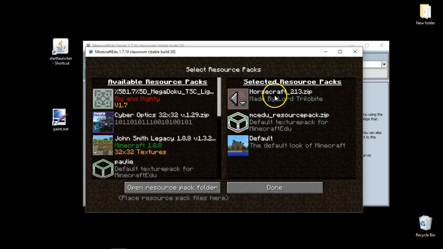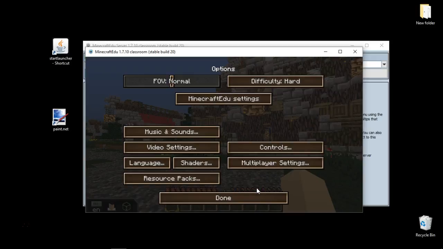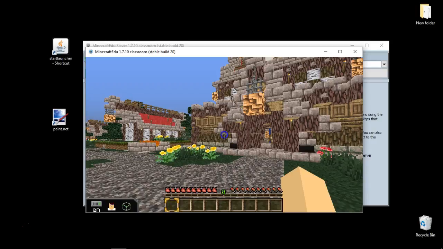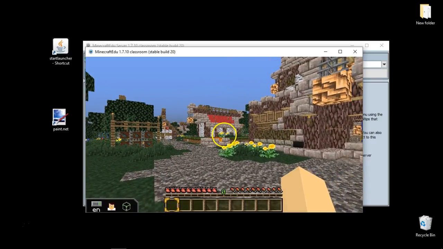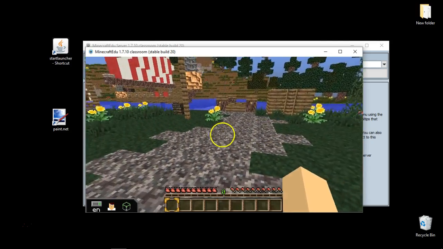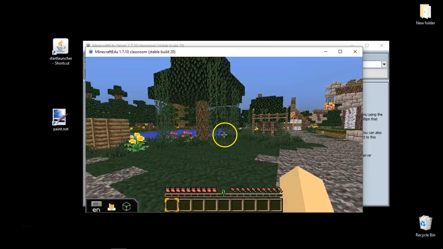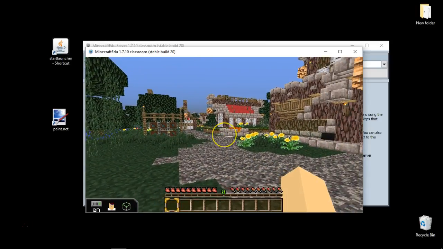So we will go ahead with Norsecraft and click Done. It will take a moment to load the resource pack. As you can see, all the buttons and the menus have changed in appearance. And if we go back into the game, we can see that many of the blocks have changed in appearance. So the students can try a few different resource packs. After they spent a few moments exploring the resource packs,